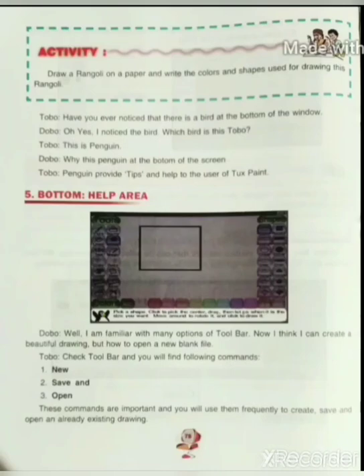These commands are important and you will use them frequently to create, save and open an already existing drawing. So in the next class we are going to discuss how to create a new file, save the file and open an existing file in TuxPaint.